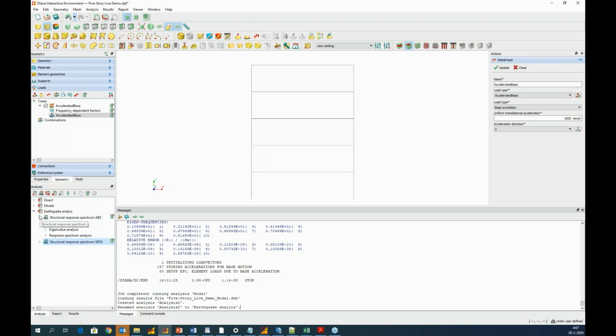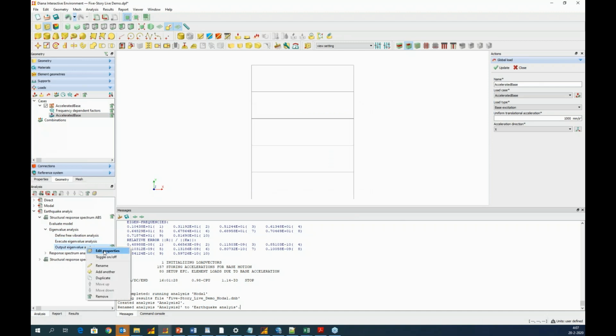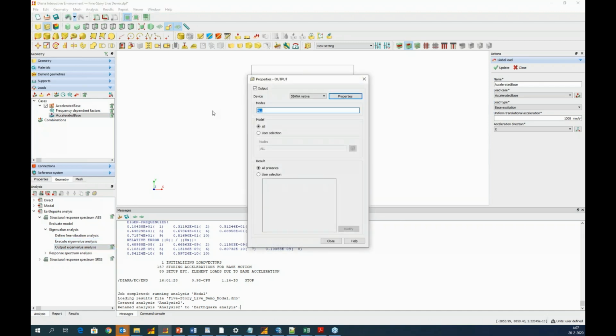So let's move to the setting up. For the preliminary eigenvalue analysis, I ask for the first 10 modes. For the output, I only focus on the modes dominated by the wall deformation, so 1, 2, 3, 7, and 10.